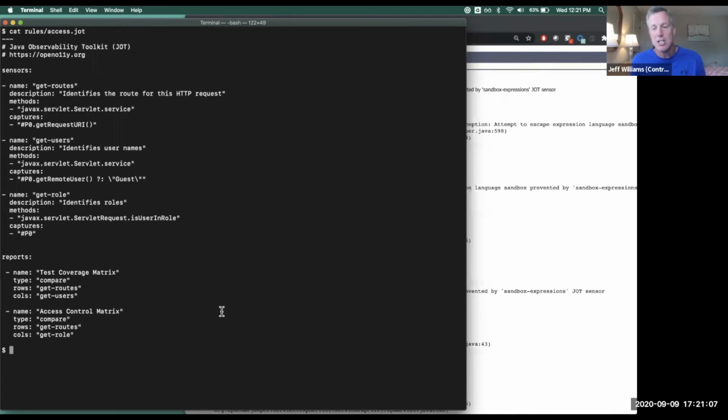So Jot is designed to bridge that gap and let anybody create pretty powerful expressions. You can see for this sensor, this is actually a Spring expression. So the captures, the things that pull the data out, are actually expressions. You can do some really powerful stuff in those to gather data. So we're trying to provide a ton of power with a very simple language. That's where we're trying to fall, and we'll see if it works.